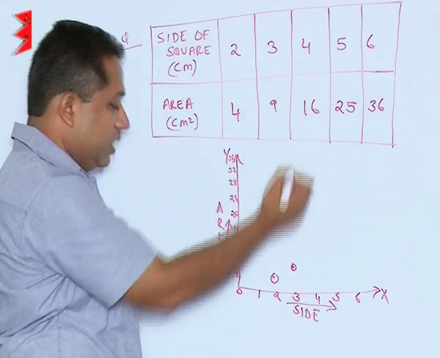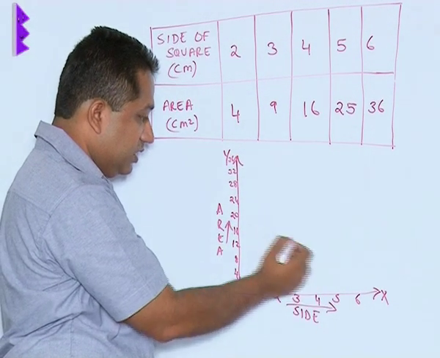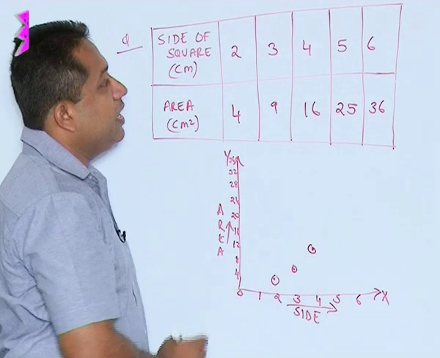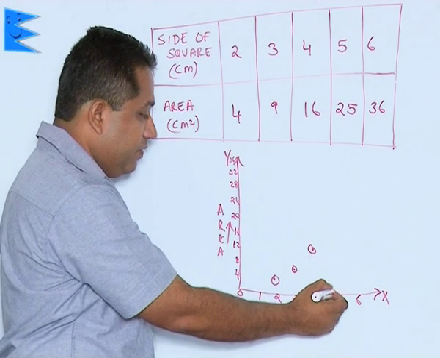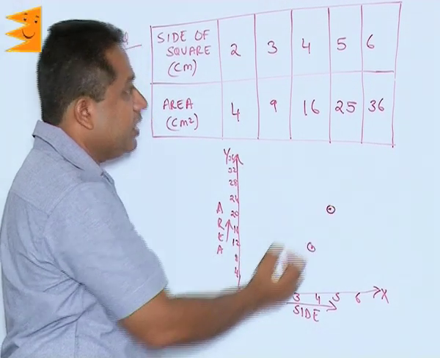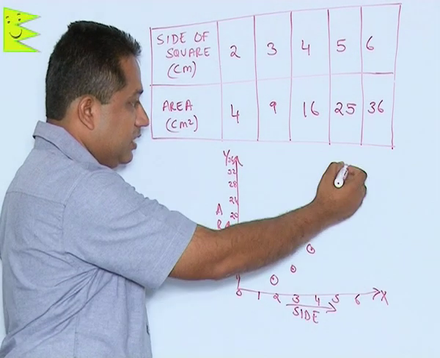Then we have 4 and 16; the point of intersection 4, 16 will lie here. Then we have 5 and 25, which will lie somewhere here, and then finally 6 and 36 you will get